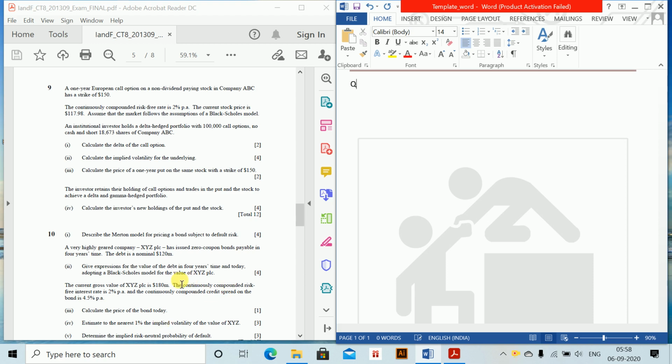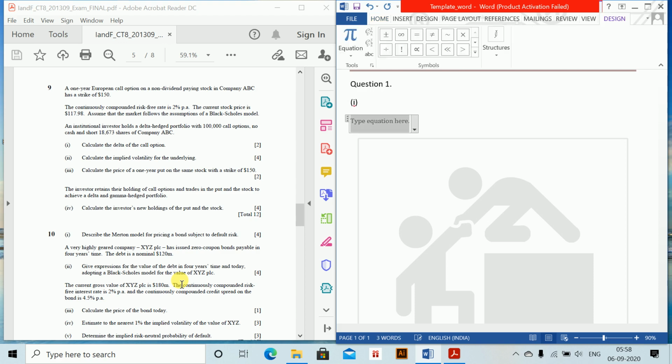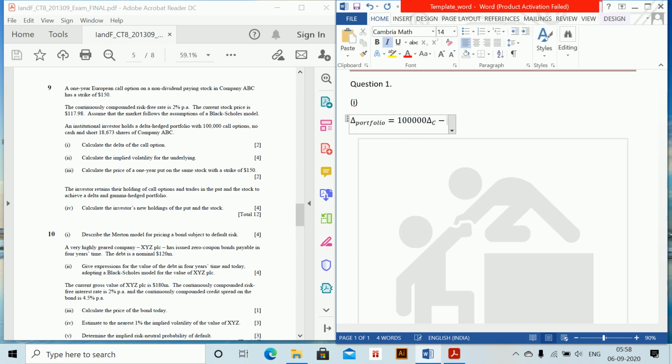So we need to calculate the delta of the portfolio first. The delta of the portfolio is equal to the delta of the call minus 100,000 into delta of call, which is 18673, delta of S. Okay, so this is where obviously